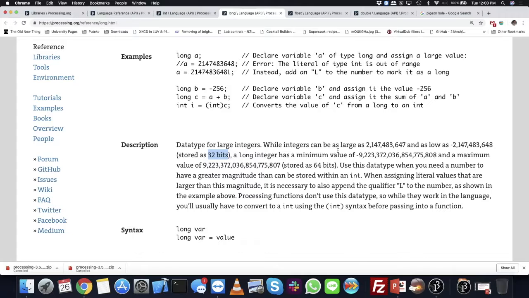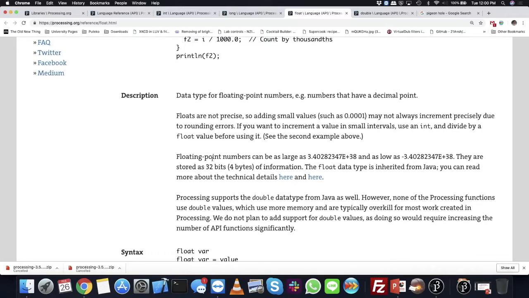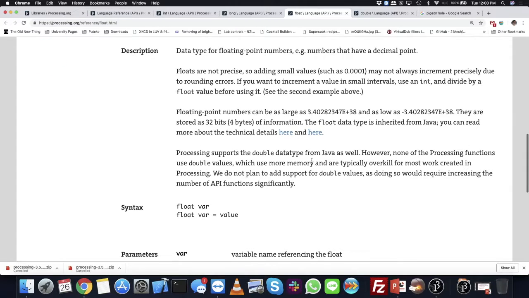So the question was, when do we use floats, when do we use doubles? It's exactly the same thing, actually, if we look at it. Floating point numbers can be as large as 3.40282347 e plus 38. What e plus 38, for those of you who aren't mathematicians, means is basically take that decimal place and move it. No, sorry, I'm telling a lie. Yeah, it's a little bit more confusing now. But they can store